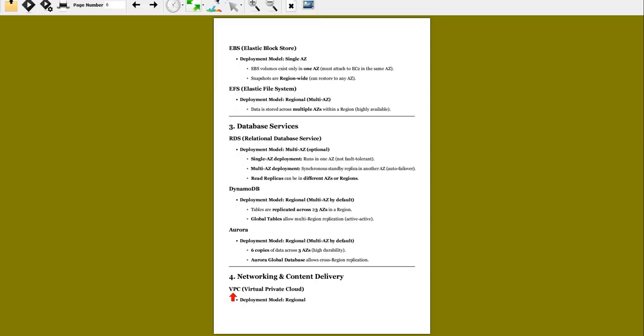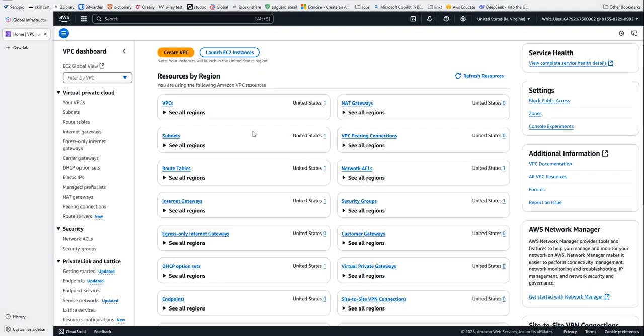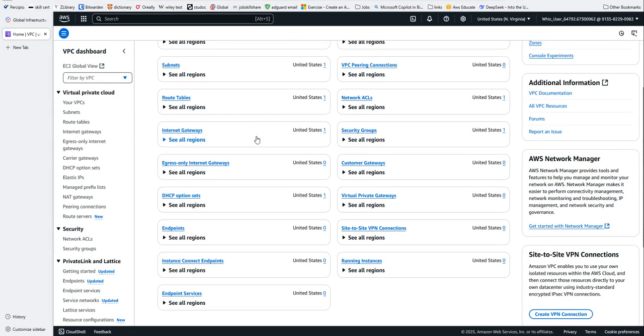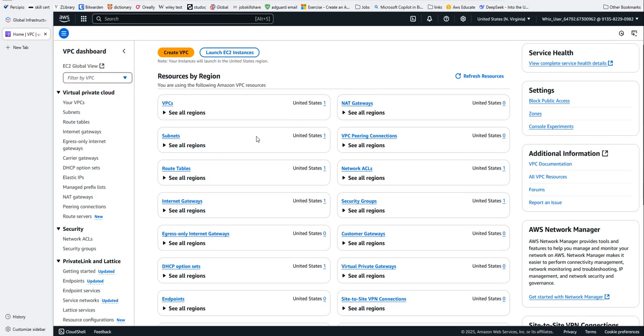The first one is VPC, Virtual Private Cloud, right? The Virtual Private Cloud deployment model is regional. This is like a VNet in Azure. See that if I go into the VPC dashboard, I've got a lot of different things. So if I have a look into VPCs,